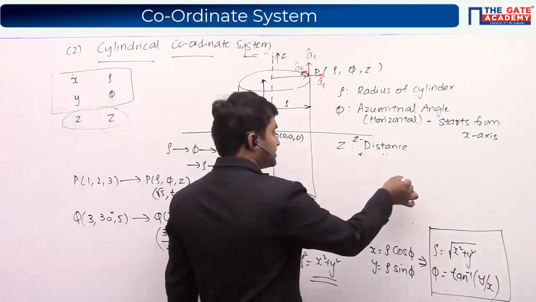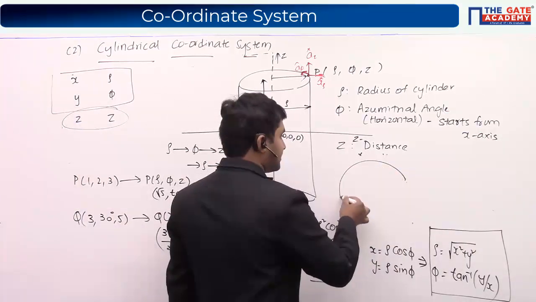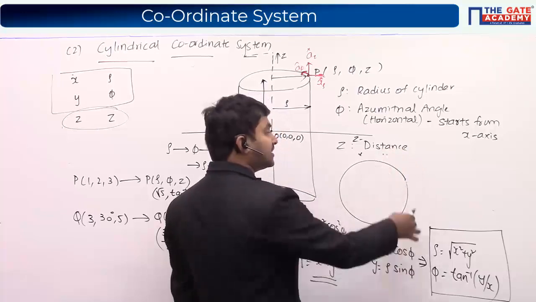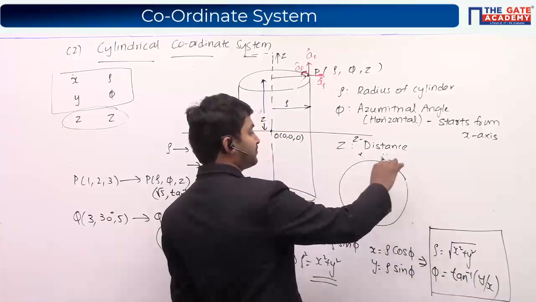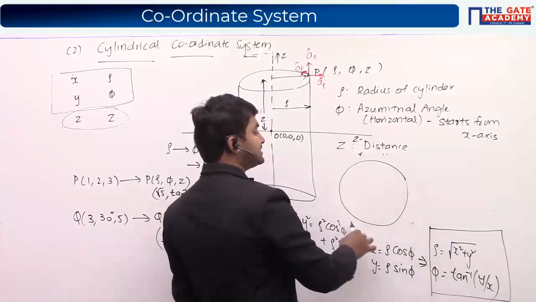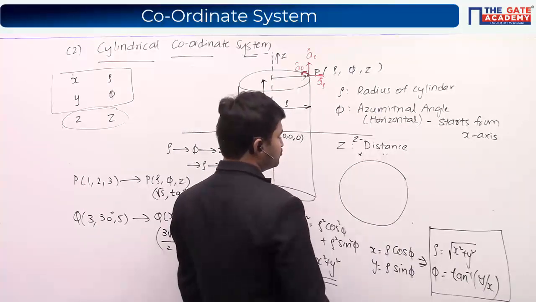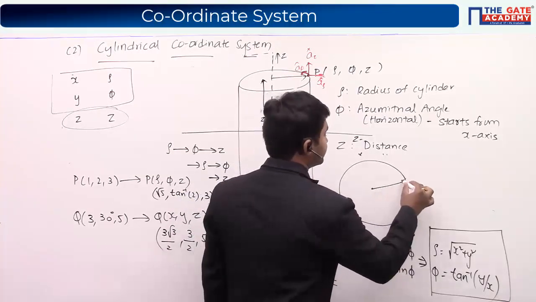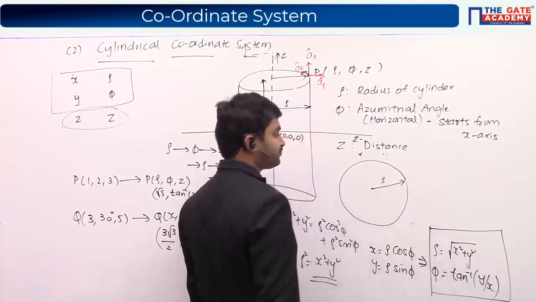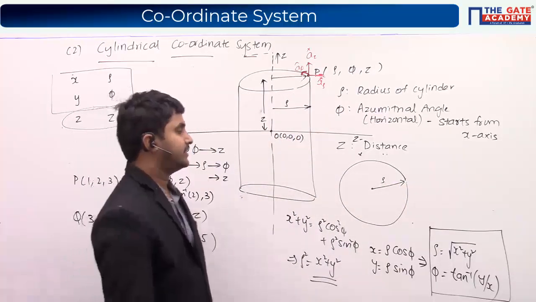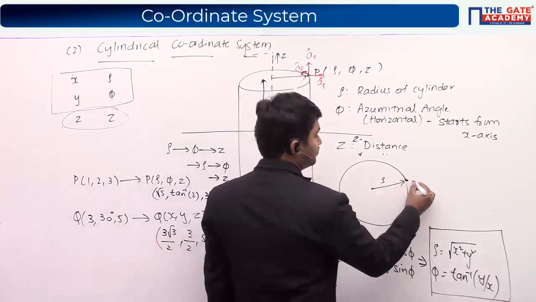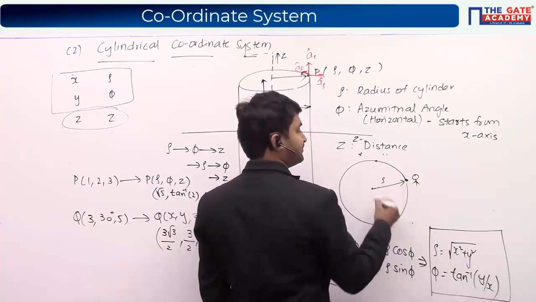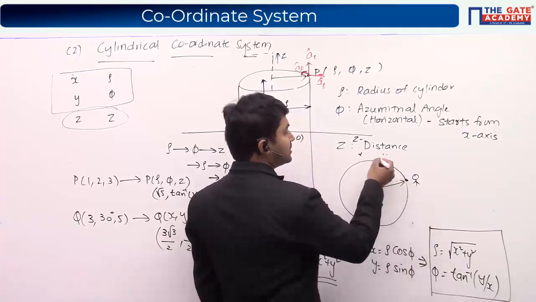So let me consider this is my rectangle, this is my circular track. You can consider even a running track that you are having, which is circular in nature. Now, let me consider the radius of this circular track. The radius of the circular track is rho. And a person starts from here and he moves to this particular point. So from here to here the person is going to move.